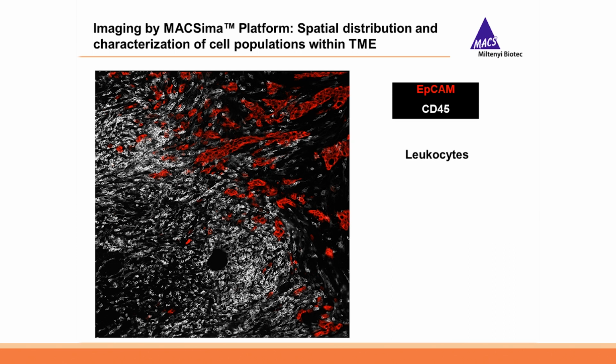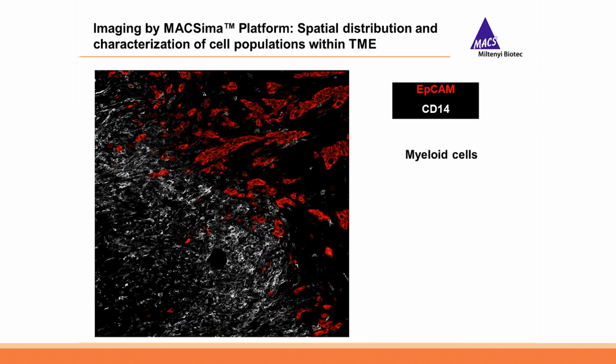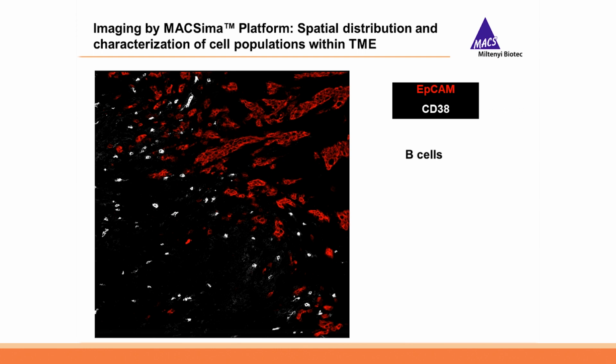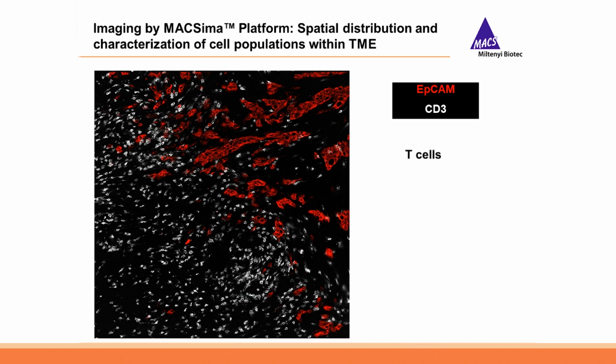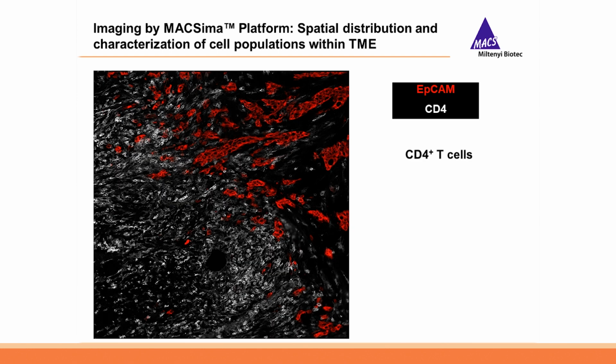Looking at CD45 expression, we can appreciate that immune cells tend to accumulate outside of the tumor area. We can locate the macrophages using CD14 expression, for example. CD38 identifies B cells. Plasma cells can be identified by CD138 expression. CD3 expression identifies T cells,